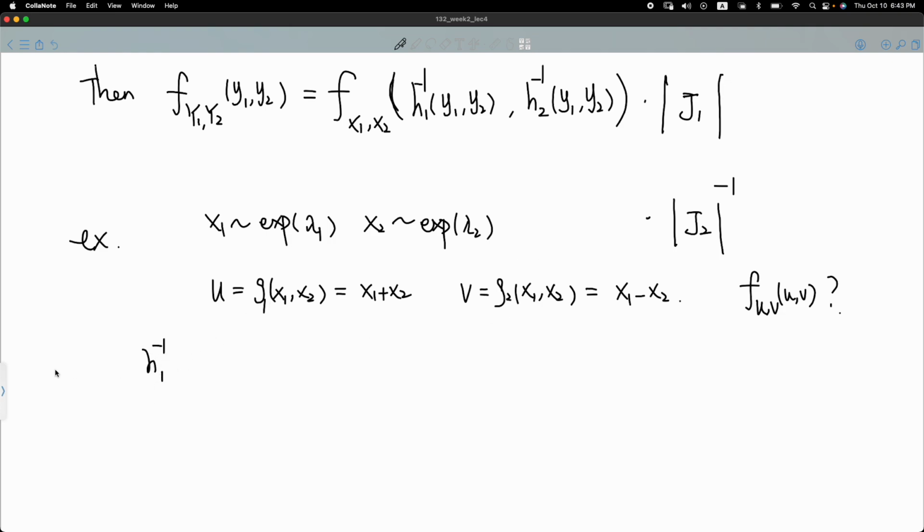inverse function. So we need x1 equal to the inverse function h1 of y1, y2, and x2 equal to the inverse function h2 of y1, y2. Okay, let me use u and v then. Well, it's just a notational thing. So y1 is u and y2 is v, and then this is u and v. Okay, so how can we find x1 in terms of u and v only? So one way you can do it is that